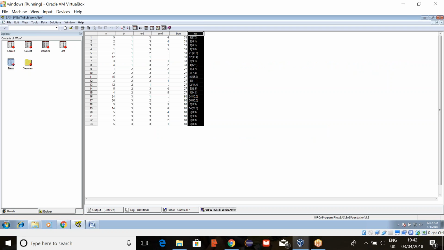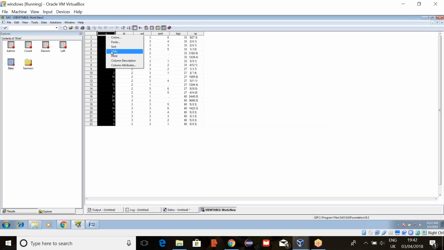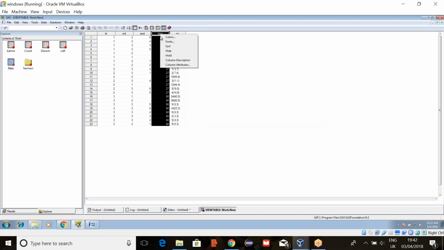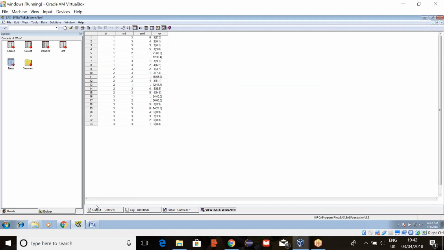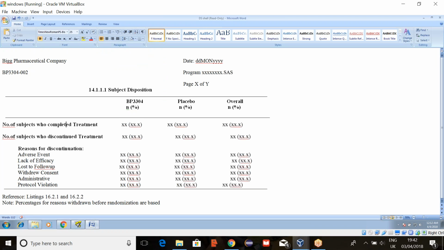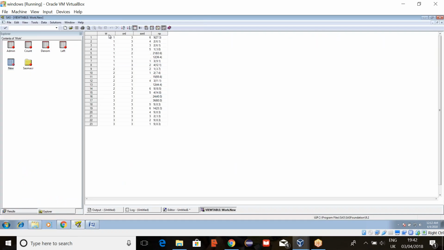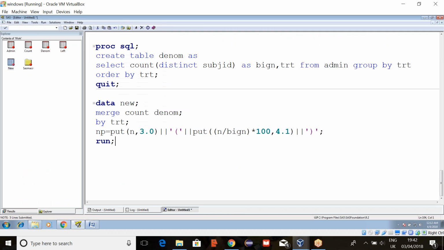So now here we got this count and percentage. But after that we don't want this one and this one. Next I want to make treatment a variable. So transpose the data and make these variable names.